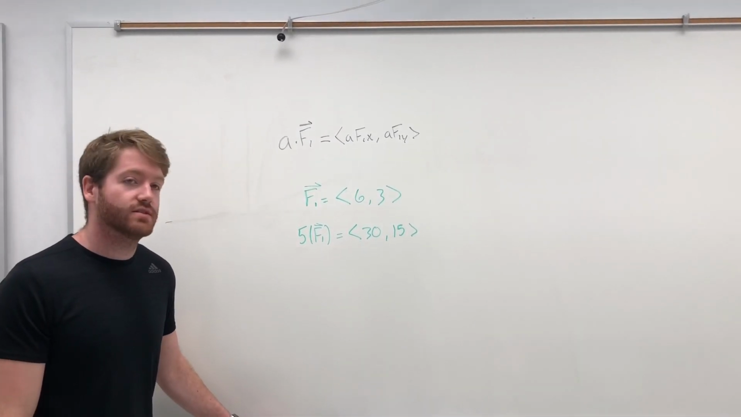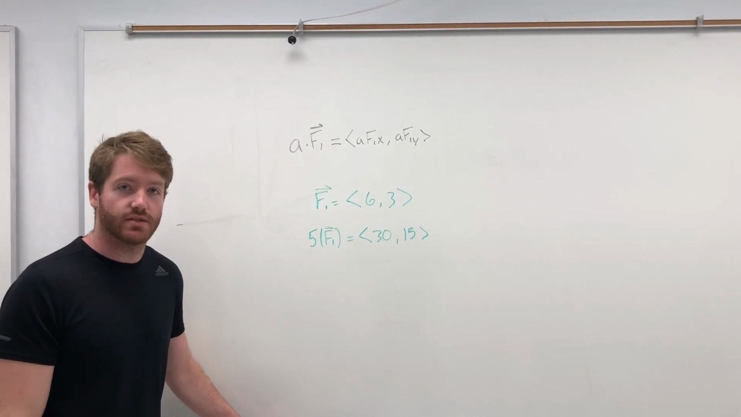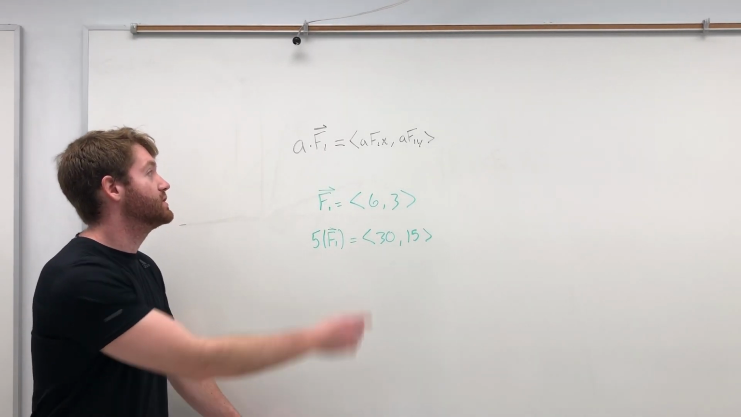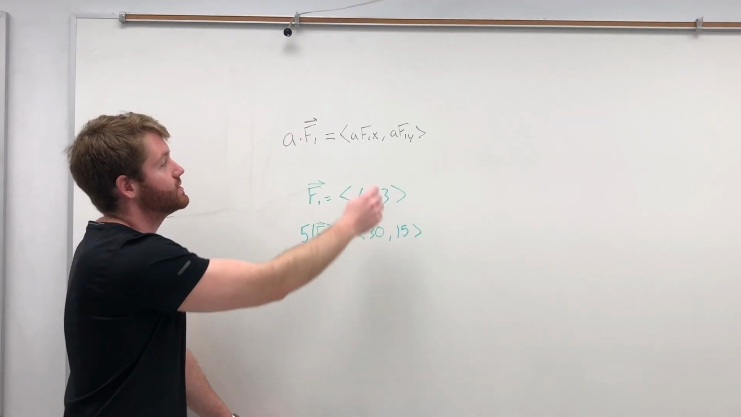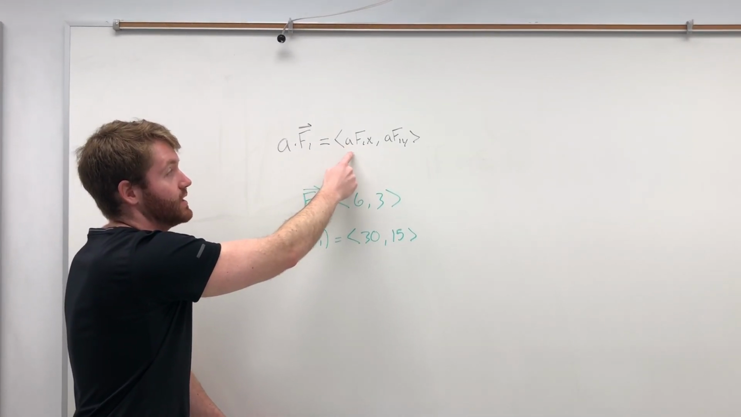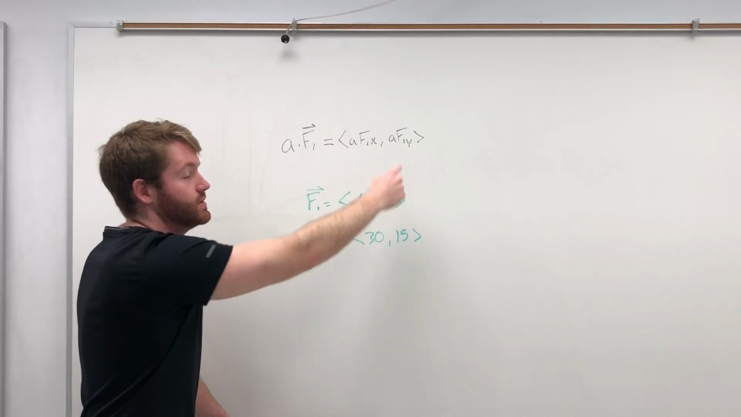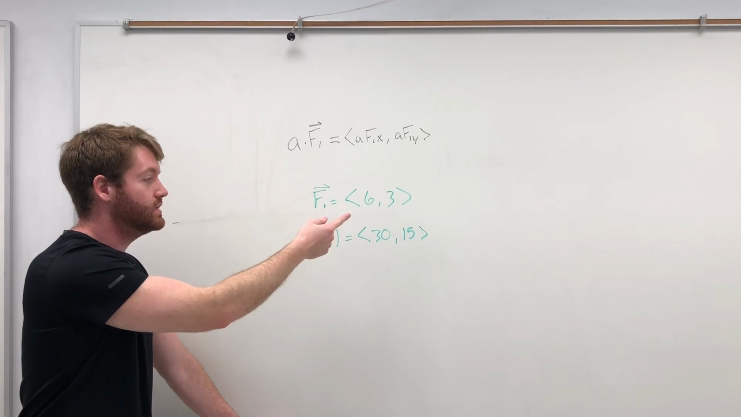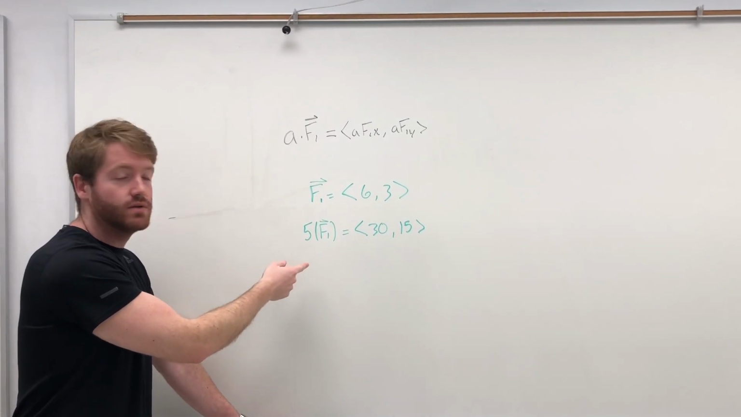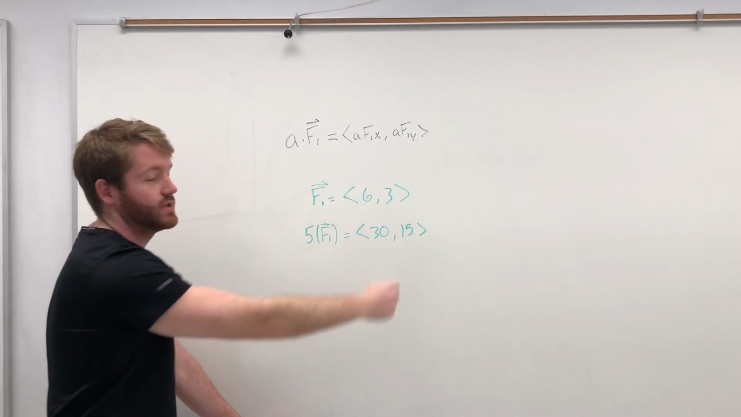So our next topic is scalar multiplication of vectors. If we were to multiply the scalar a times the vector F1, you would simply multiply a by the x component and then a by the y component. For a numerical example, if we say F1 equals 6 and 3, and we multiply 5 by F1, we'll get 30 in the x direction and 15